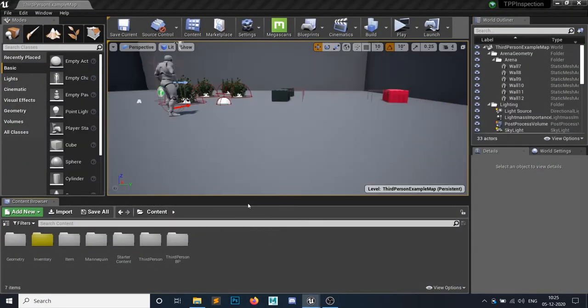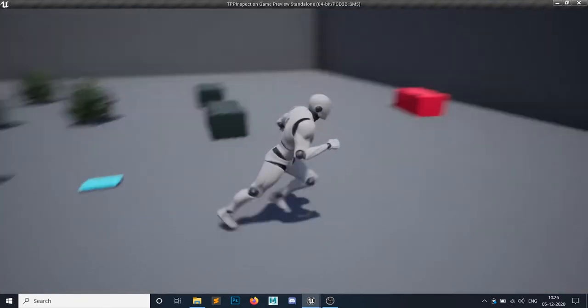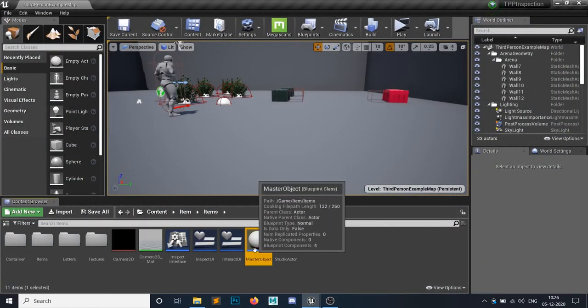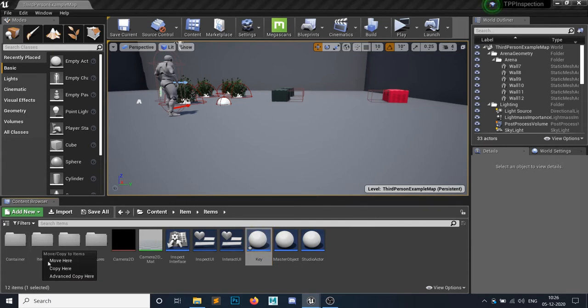So this is my inventory function project. Let's first make that key. I will simply go in here. From the master object, I will create a new child blueprint class of a key, and let's add this key in the items.